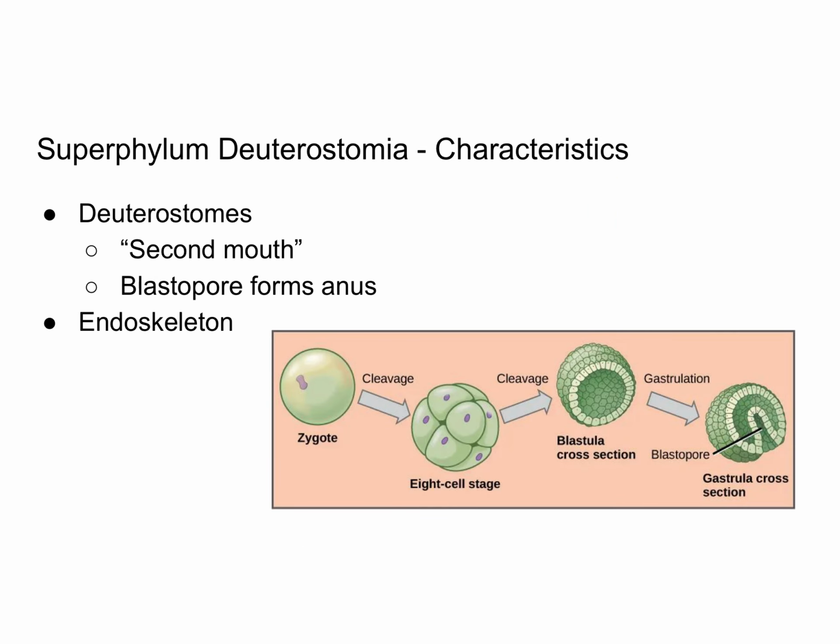So first let's take a look at the deuterostomes. And so this is a superphylum. And the deuterostomes, the word means second mouth. And so if you recall, during embryonic development, you have gastrulation occurring, where the blastula starts to kind of cave in on one side. Now, in protostomes, which we've talked about before,